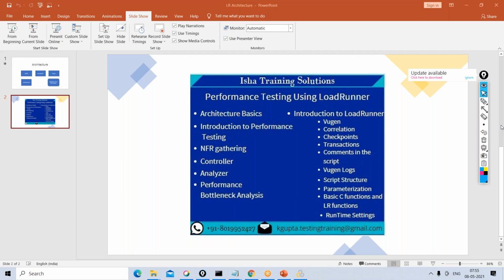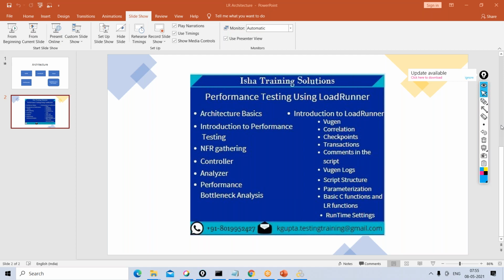If they are beginning from scratch, the resource might get a chance to be involved in that activity as well, but it's very, very rare. In medium to major MNCs, a performance tester will never get a chance to work on setting up the load generator machines.